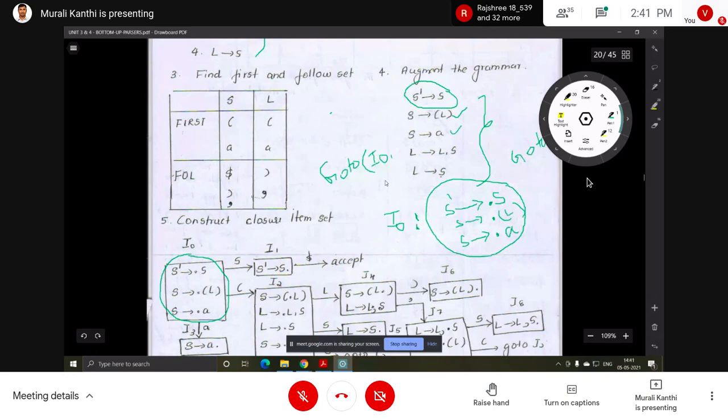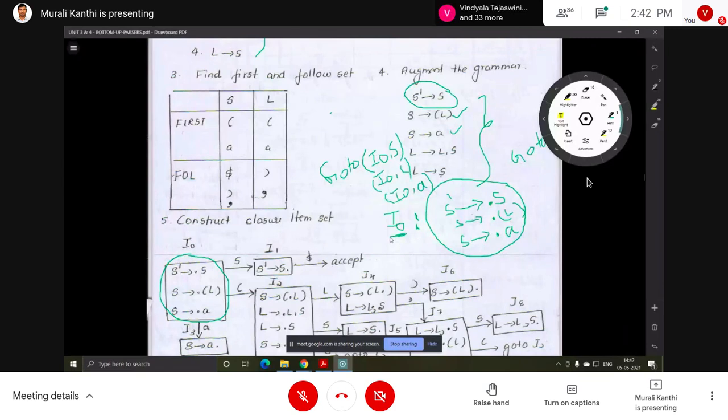For that we have to see all the items in I0. This is one item, this is another item, this is another item. After the dot, S is there, so we can apply goto of I0 comma S, that is one, and goto of I0 comma open parenthesis, and after the dot A is there, so I0 comma A. That means here we can apply three goto functions on I0.